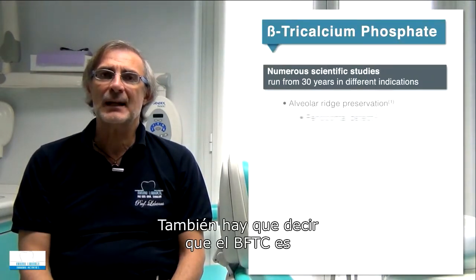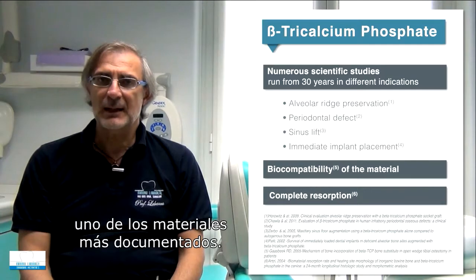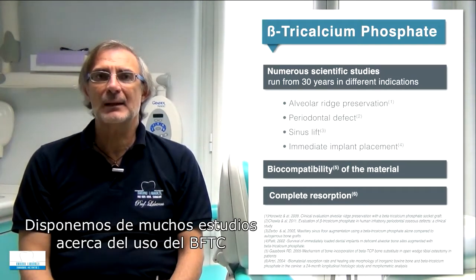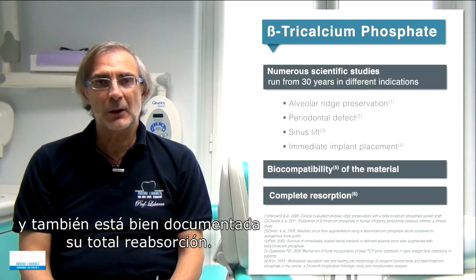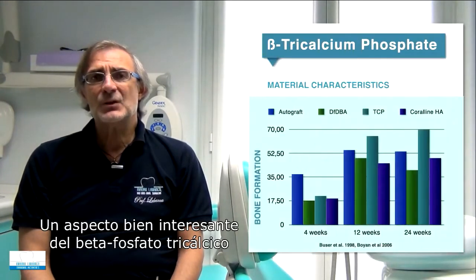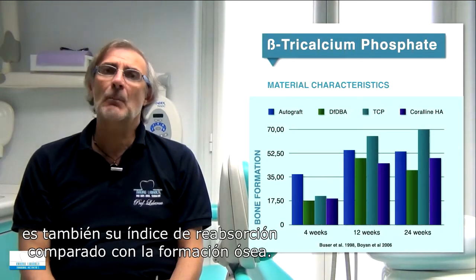Also, we should say that beta-TCP is one of the most documented materials, and we have many studies regarding the use of beta-TCP in several indications, and also the full resorption of it is well documented. One very interesting aspect of beta-tricalcium phosphate is also the rate of the resorption compared to the